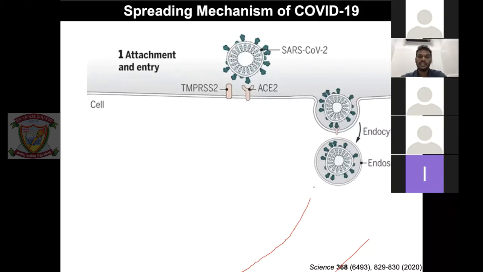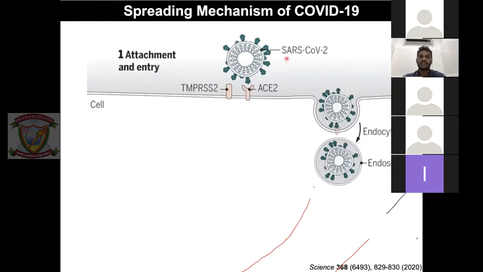Here, you see, this is the SARS-CoV-2 virus, and the green part is called the spike glycoprotein, the S protein. This S protein is recognized by a receptor protein called ACE2, angiotensin converting enzyme 2, and this ACE2 is rich in human cells. Why is it rich? It is not actually meant for recognizing viruses, but for recognizing many small molecules in our body for regular cell function.